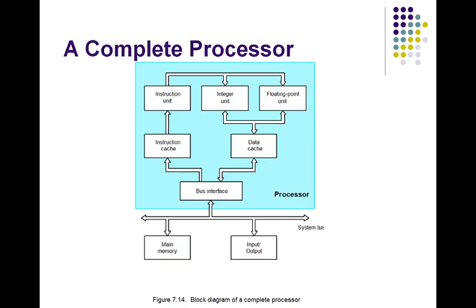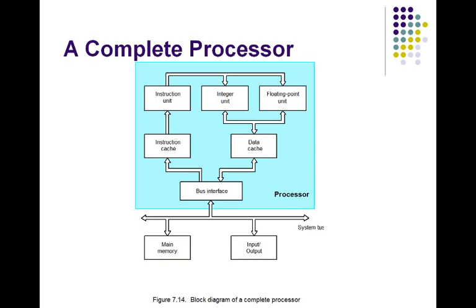We already know about cache memory. Cache can be used for storing intermediate results, and hence we can say cache memory is fast memory compared to accessing the main memory. The processor is connected to the system bus, and hence to the rest of the computer, by means of a bus interface.